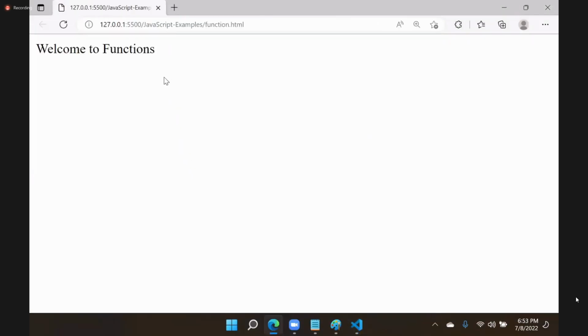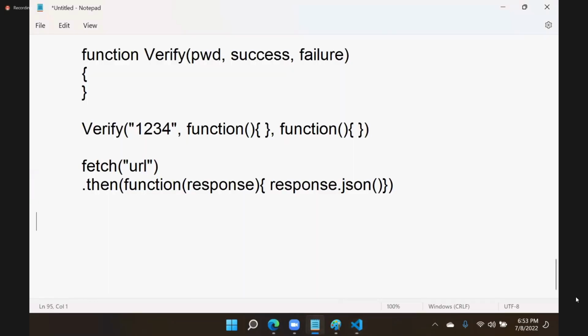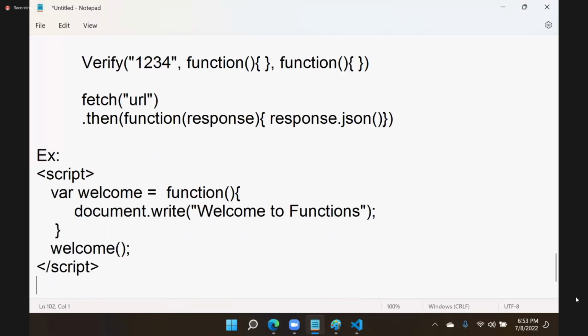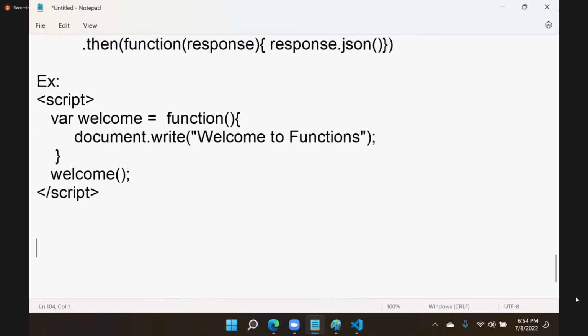So anonymous functions can be defined in several ways. This is another example for that. You can store it in a variable and you can access it with that reference, right? These are functions without name, right? Next important, in JavaScript you have to know about